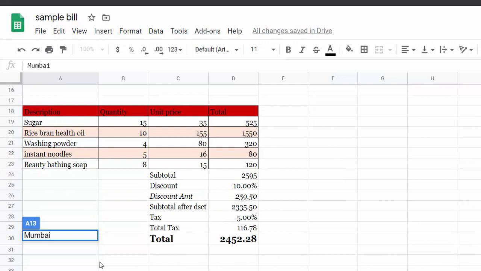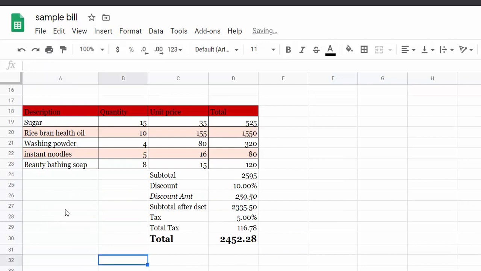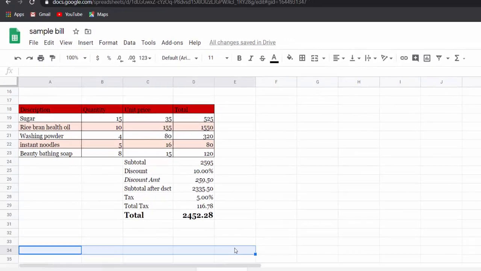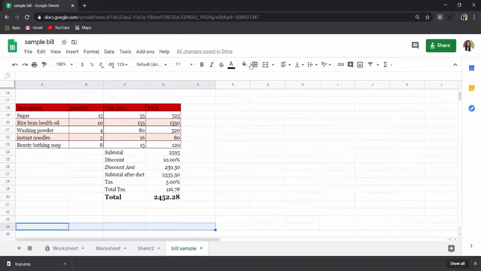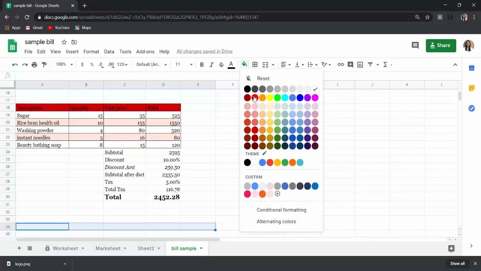Then this was same, and again there was a red strip at the end. So again I will go in fill color and say red.